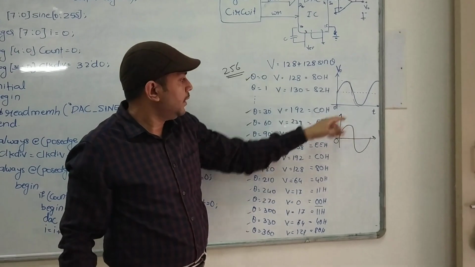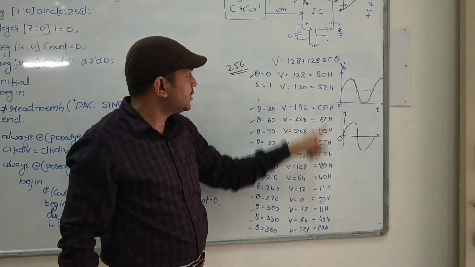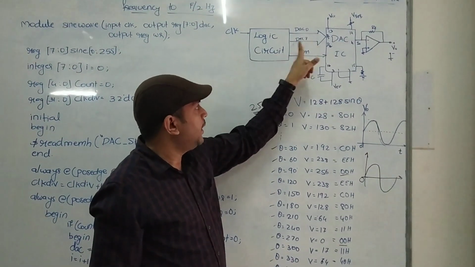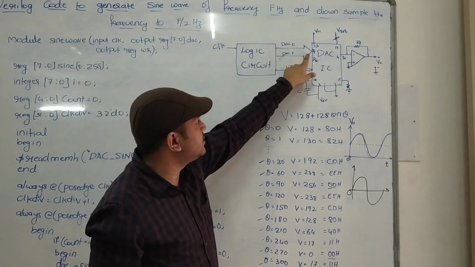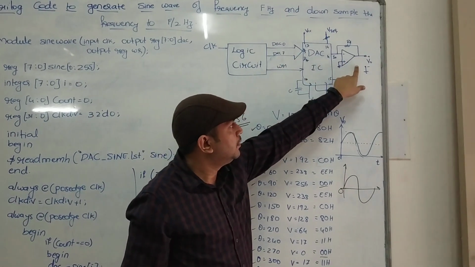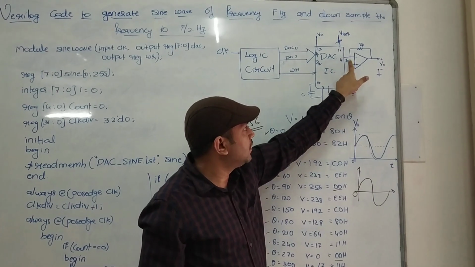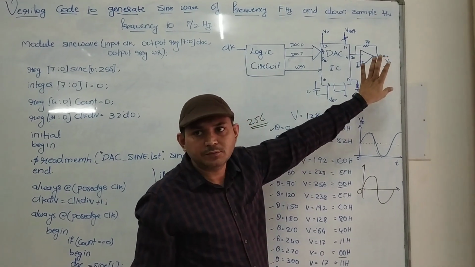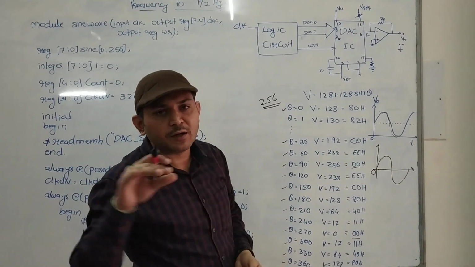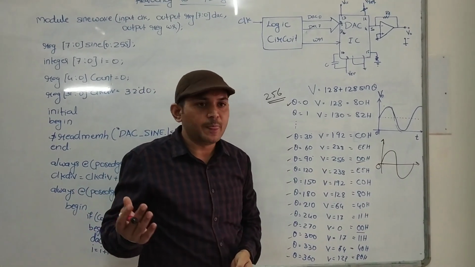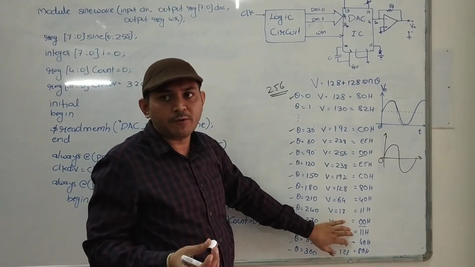These are the digital values which your circuit has to produce and transfer to the DAC IC. The DAC IC in turn converts these digital values into current. Actually, current is the output, so this is the arrangement to convert the current into voltage. Finally, voltage is what we get as output, and it has to be connected to the CRO to see the waveforms. Got the idea now of how the waveform gets generated.